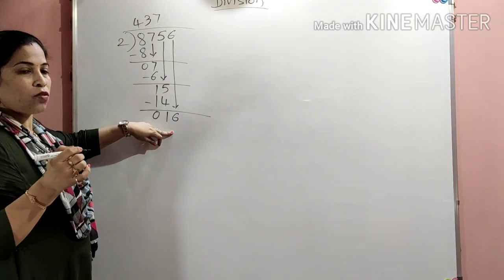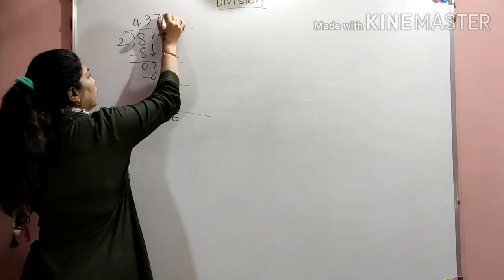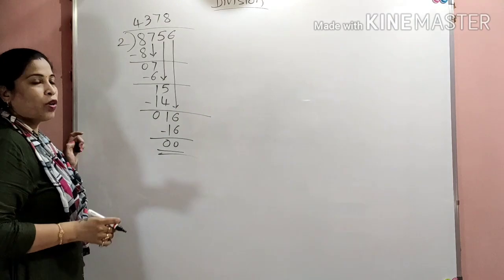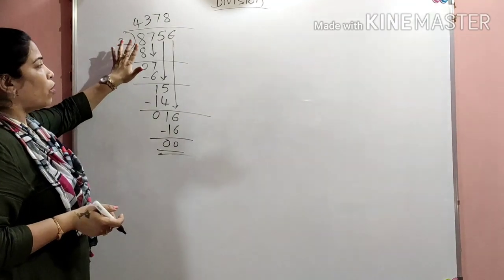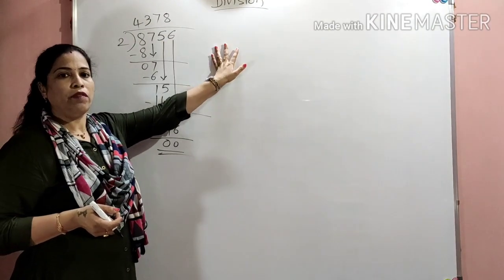Now we will see whether 16 is in the table of 2 or not. So 2 8s is what? 2 8s is 16. It was an easy sum. Okay, same way what can we do? Here we have done a 4 digit number, and with the same method we can go with our